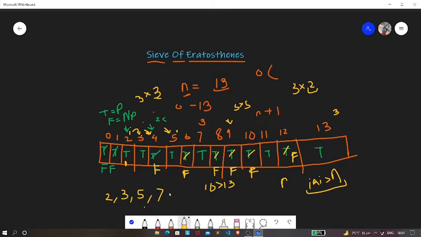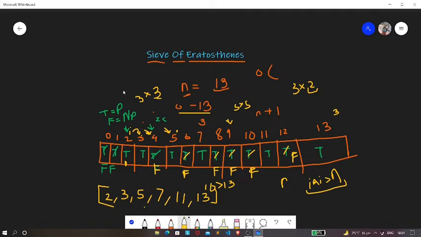Then we have 11 as true, so 11 is prime. Next we have 13 as true, and hence this is also a prime number. And hence we have got all the prime numbers between 0 and 13, including 13, from this array.